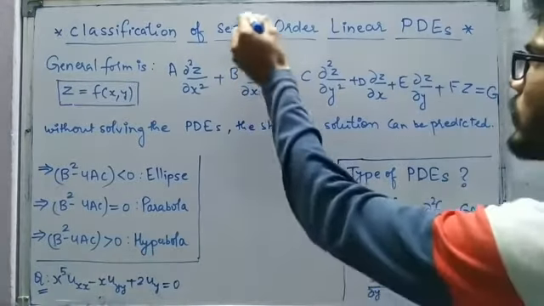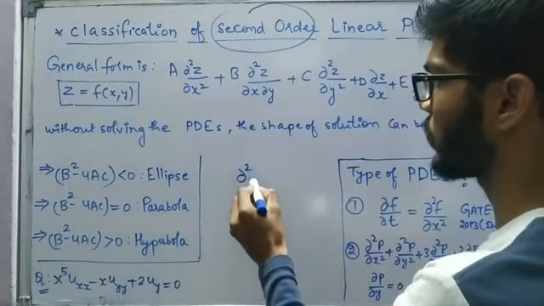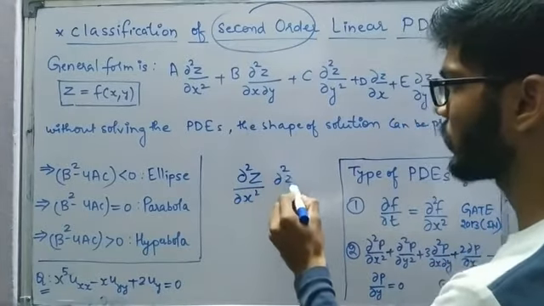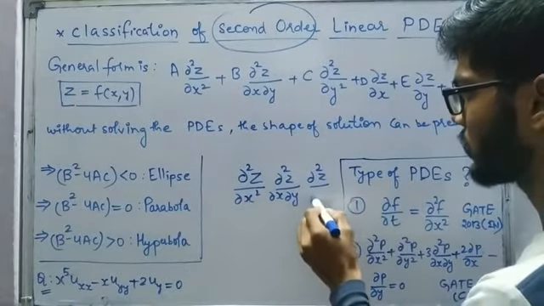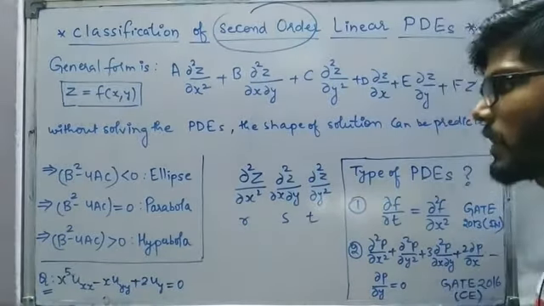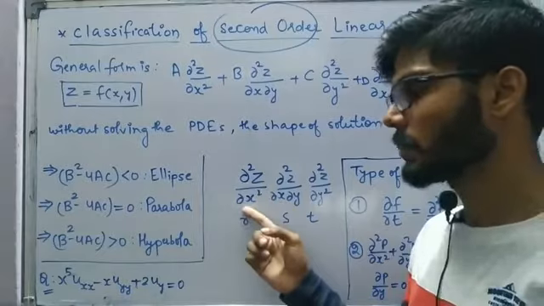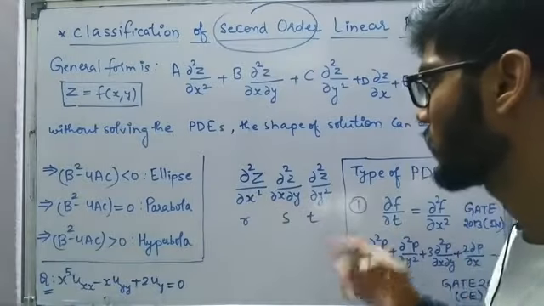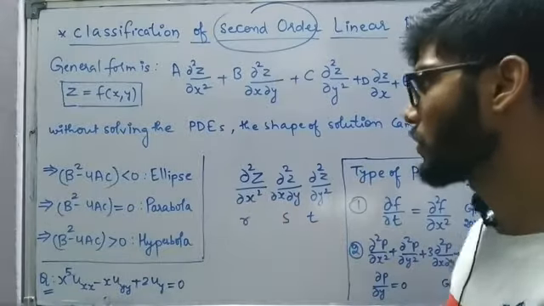So why second order? First of all, because we are assuming that z is a function of x and y. So second order means we are going to encounter 2 times differentiation of z with respect to x, or 2 times differentiation of z with respect to x and y, or 2 times differentiation of z with respect to y alone. And I named these terms r, s and t, and you have to be very careful about these terms: r is nothing but 2 times differentiation with respect to x, s is nothing but 2 times differentiation with respect to x and y, and t is nothing but 2 times differentiation with respect to y. So don't confuse yourself with these terms.